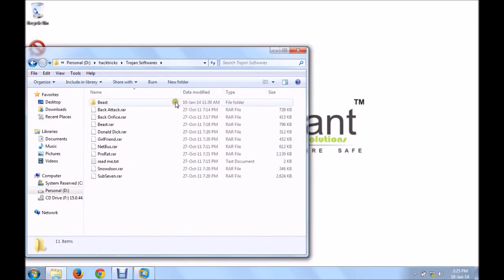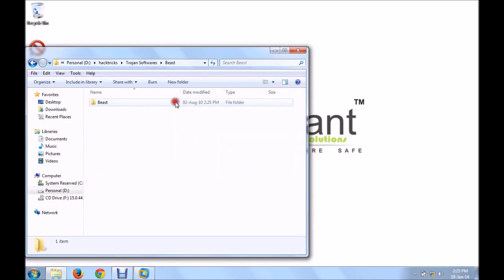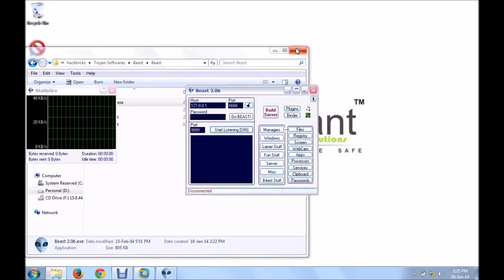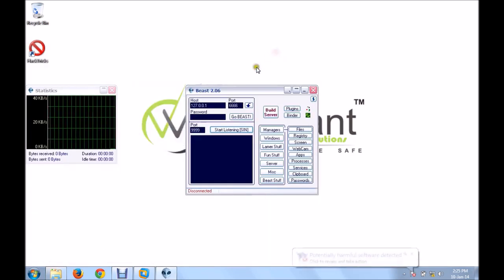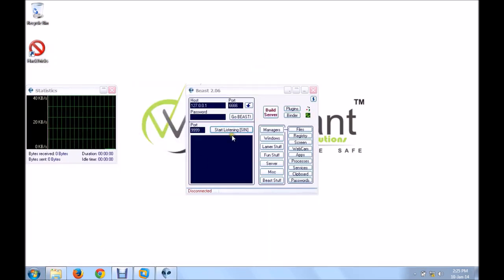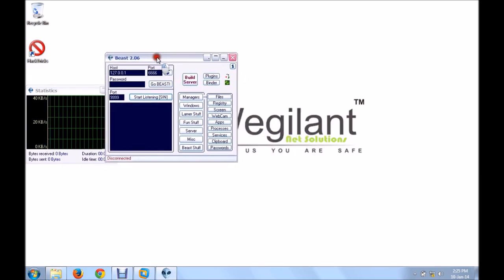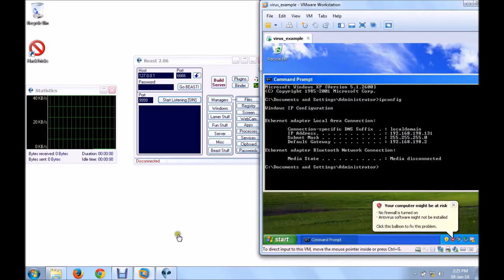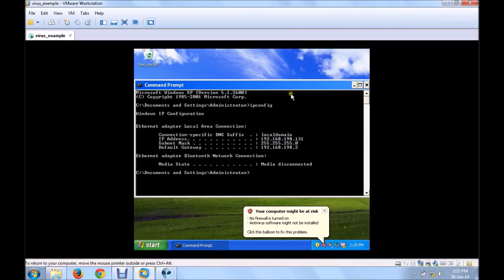It is present in your toolkit, Beast. This is the GUI of Trojan Beast. Now first we have to find a victim. So I'll be using a virtual machine with the IP address 192.168.198.131.